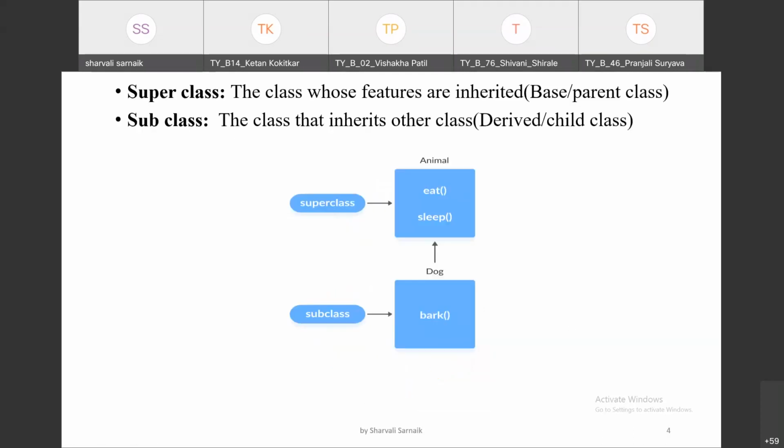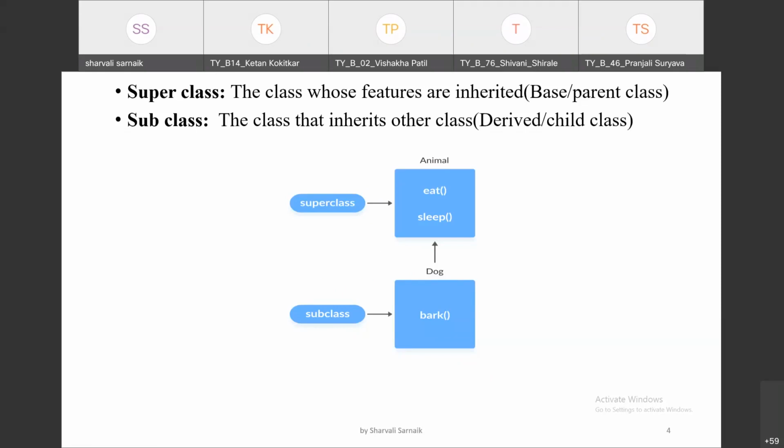Now, the class whose features are inherited, we call it a base class or parent class. It means the class that the new class is taking from, the existing class, we call that class a superclass. Superclass means the class whose features are inherited. We can call it a base class or a parent class also.